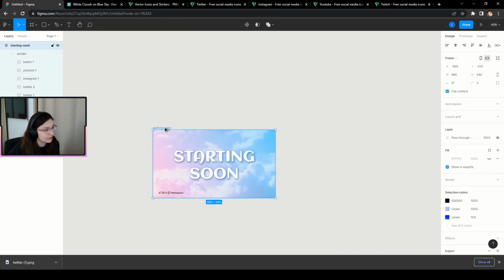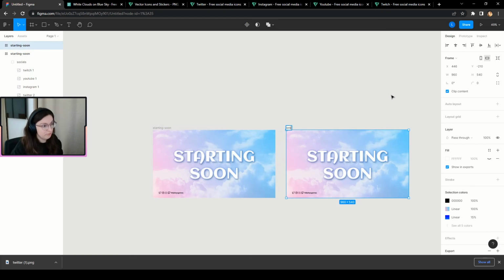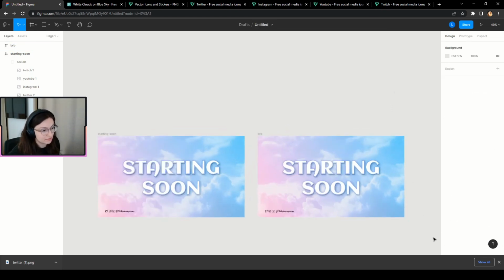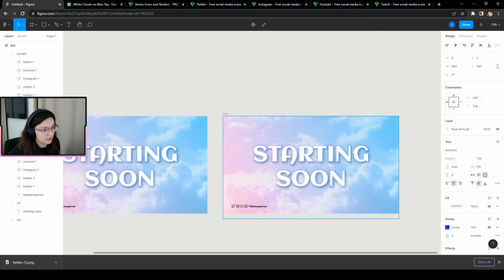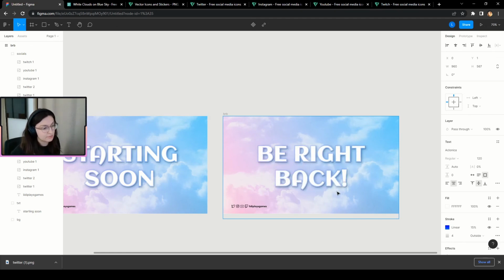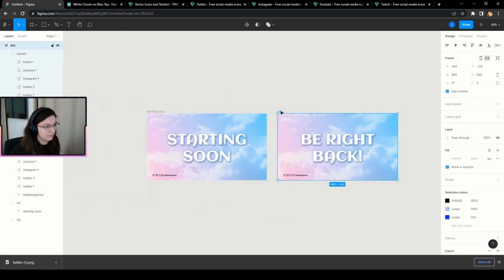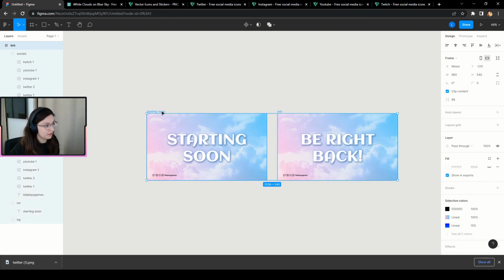with Alt and Shift, you can duplicate this. Say like, be right back. And you can just change this one with Control and A to select the whole thing, or you just select the whole thing. And you say like, be right back. So you just use this as a be right back. You can also make others like